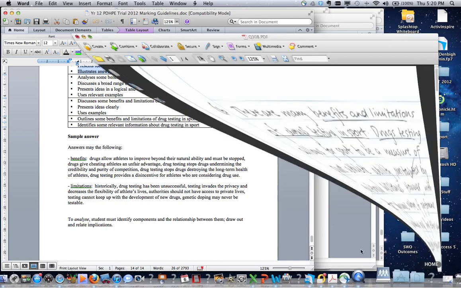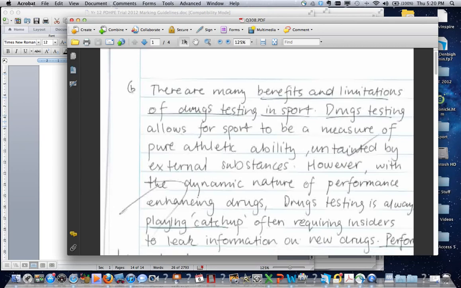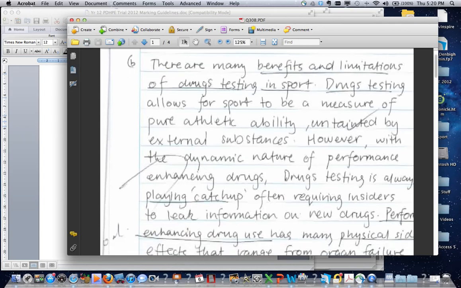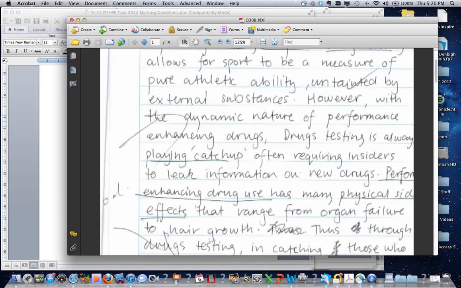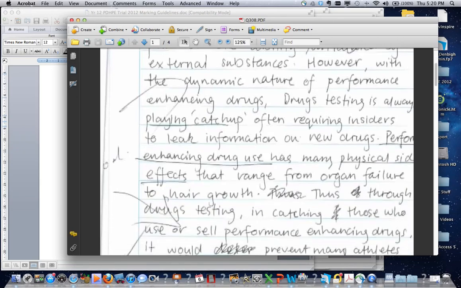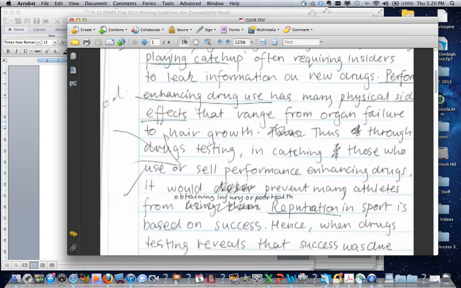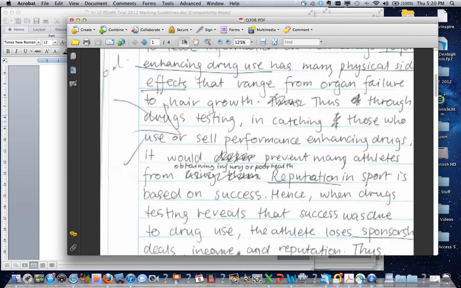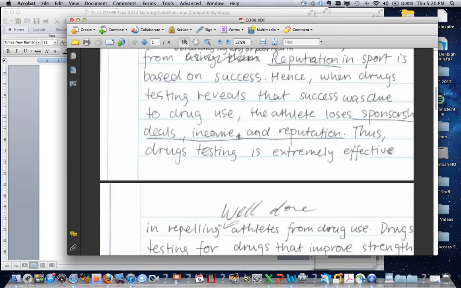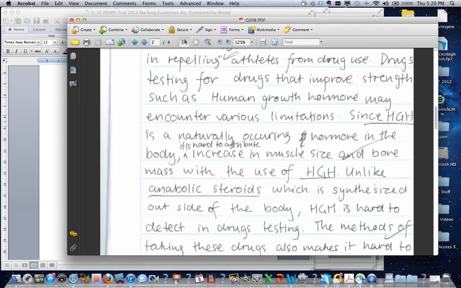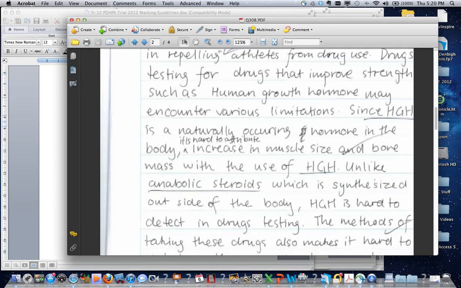If we look at an exemplar response, this particular response goes straight into, again, what it is that the question is asking. It talks about what drug testing is, and talks about some of the limitations that are associated with the nature of drug testing. It goes through the limitations first, which is fine. Some students decided to flick from limitation to benefit, which I found lacked clarity in your answer.